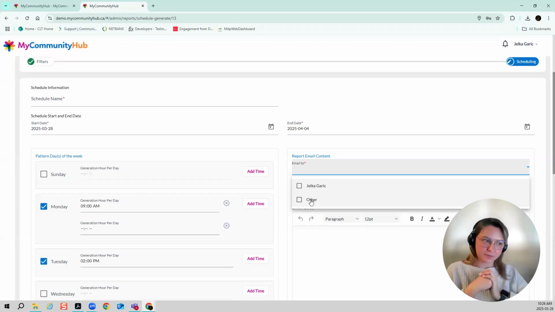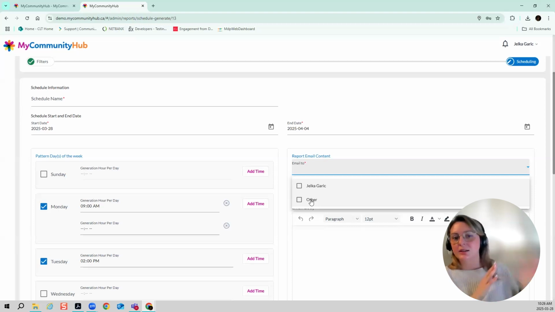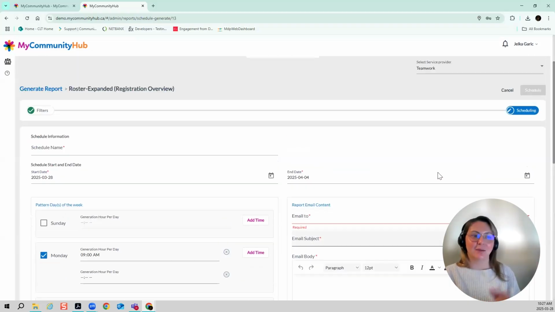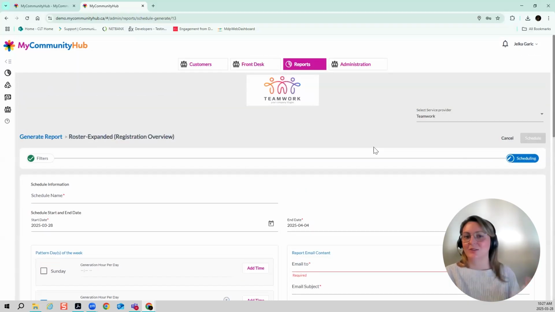admin side. So if they don't want to create an account, but they still need that information, they can get that emailed straight to them. And it gets emailed. You don't have to log in to view the report. So let's say it's finance, and they don't want to bother with pulling a report every time. We can schedule a report, send it straight to them, and they can view that report that way. And of course, I can add anything in the email, the subject line, etc. And I will hit schedule, and that's going to render for the specific dates and times that I've selected.